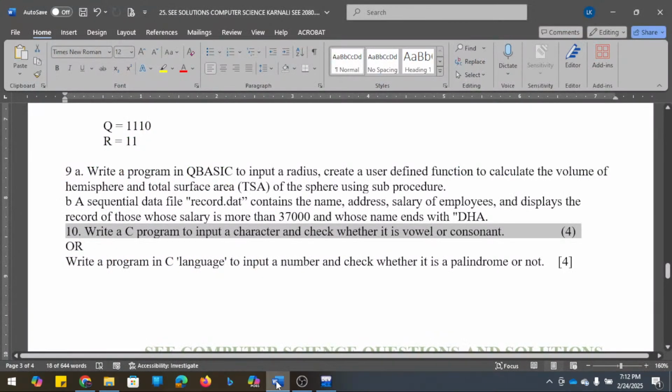Now the next program is to input a number and check whether it is a palindrome or not. So let's go for it.